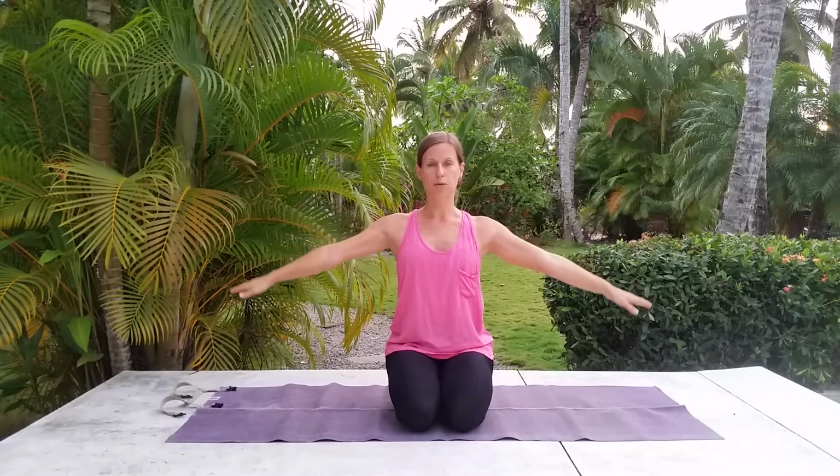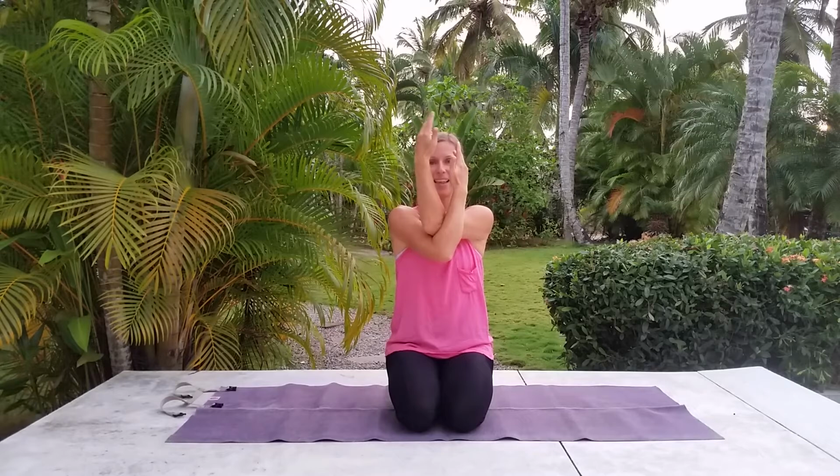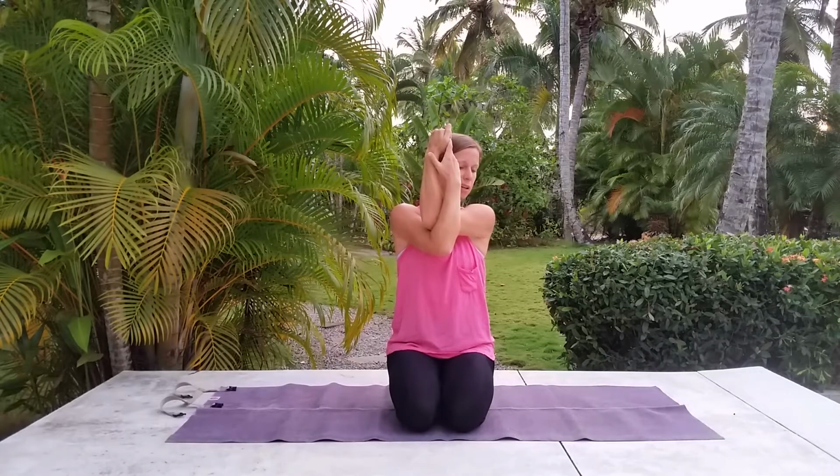Okay, now we're going to do the arms of eagle. We're going to stay kneeling, and we're just going to do the arms to stretch our shoulders out a little bit. Bring your arms out to the side. Sitting up tall, keeping that natural curve in your spine as best as you can. Now we're going to swing our arms forward, bring the left arm underneath, connect at the elbows, rotate your hands together. And then from here, keeping your shoulders down, we're going to bring your elbows up just a smidge, just like an inch. And here, breathe into this stretch for 1,